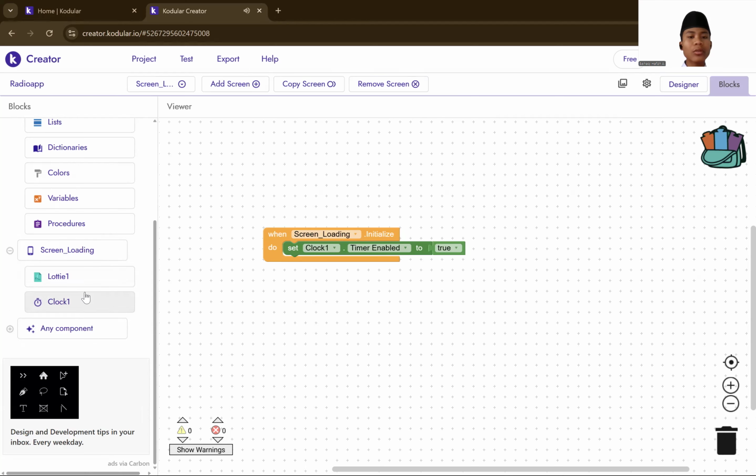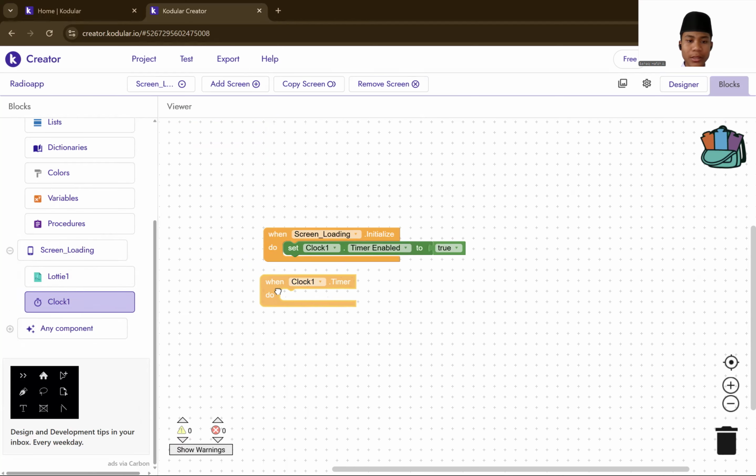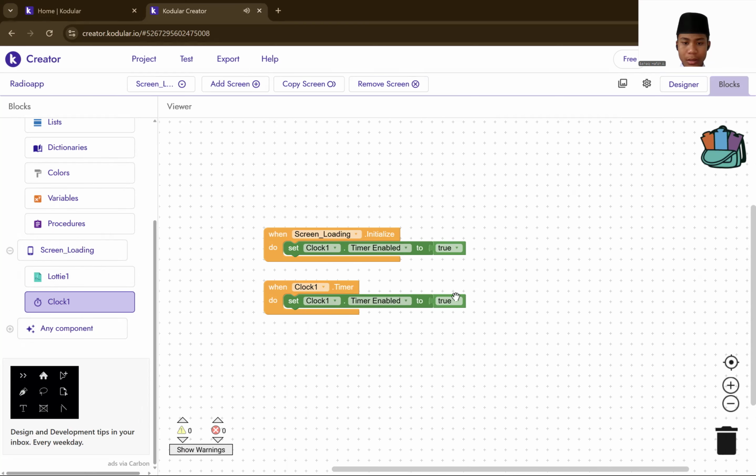Okay, then you go to clock again, then you take this one, like when clock dot timer, yeah, you copy this, and then the true you change to false.